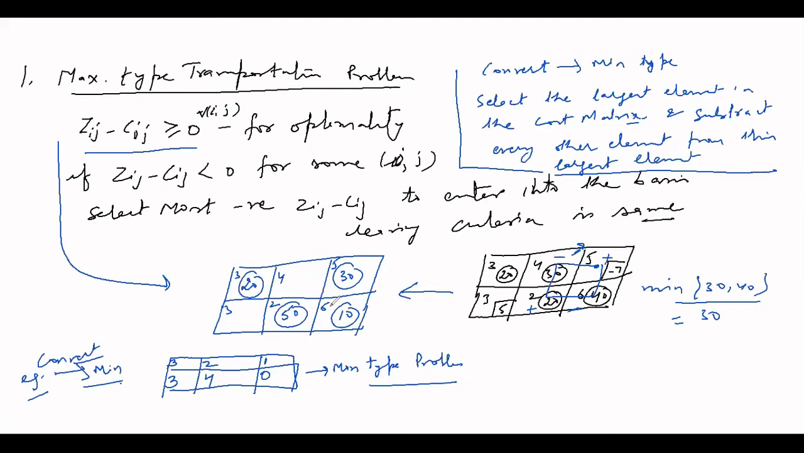Okay, so you subtract every element from 6 and you convert this problem to minimization type. Okay, fine. So okay, then we move further. So this was all about the